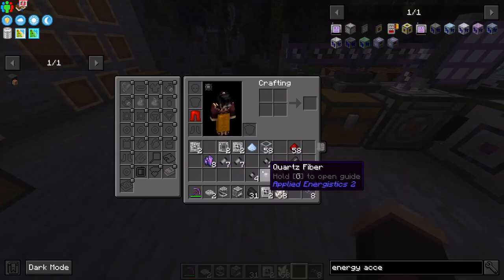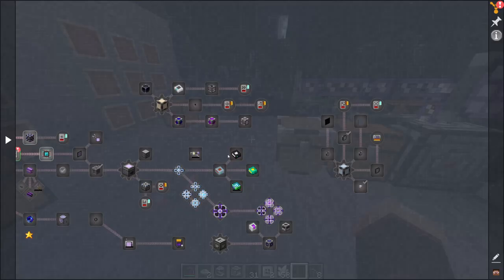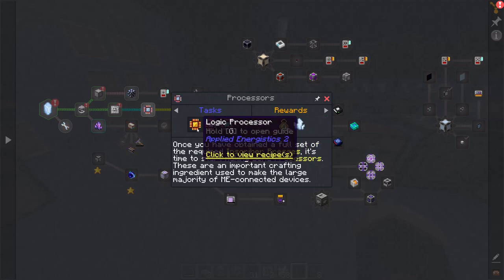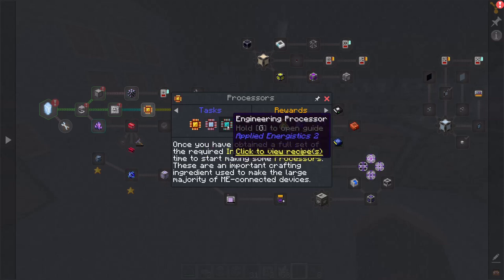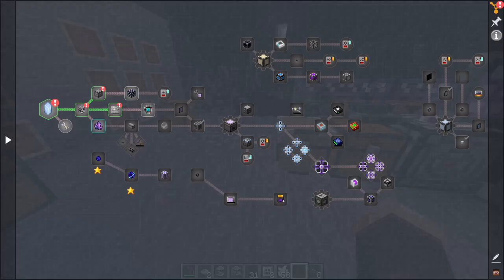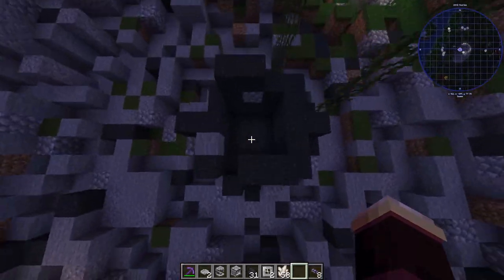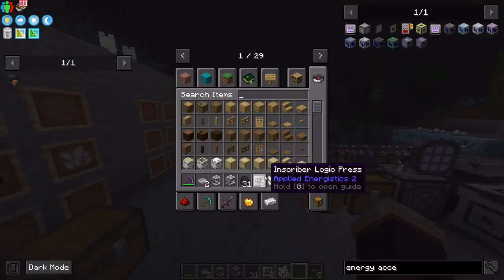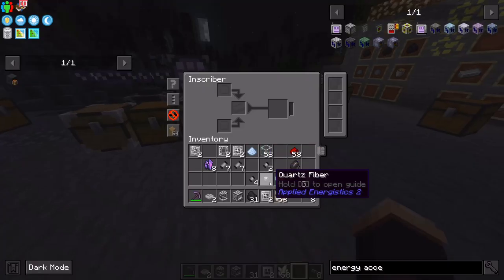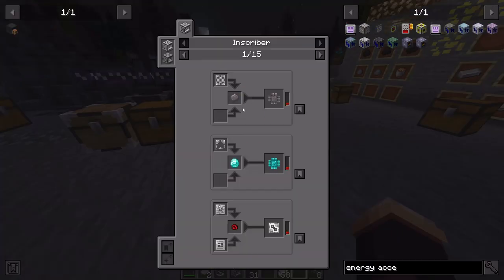So that's what we need. Because this is a logic processor, right here, calculation processor, and engineer code. So basically, when we harvest over here, the mysterious cube, it gives us these templates. We put the template in here, which is the inscriber, and we use,